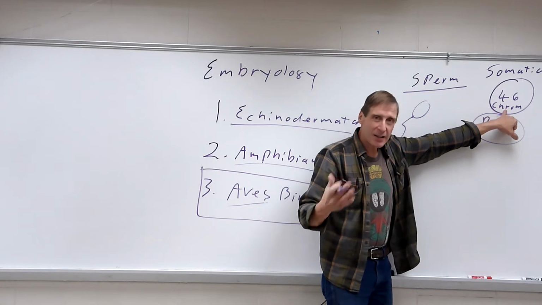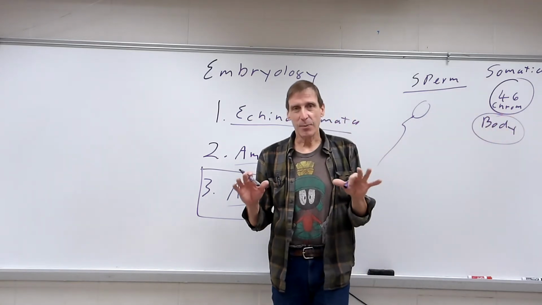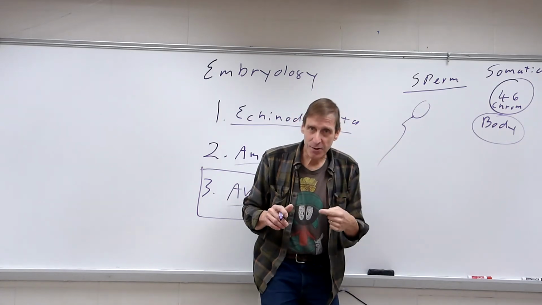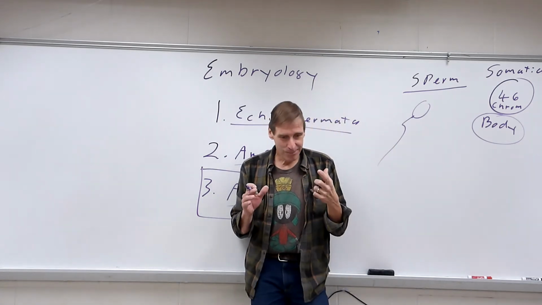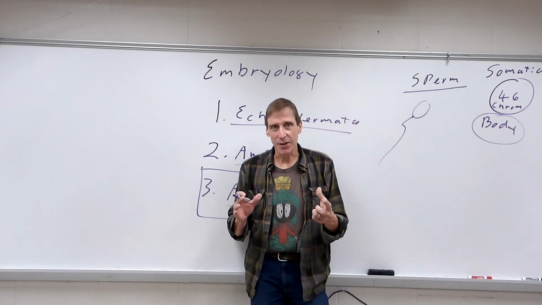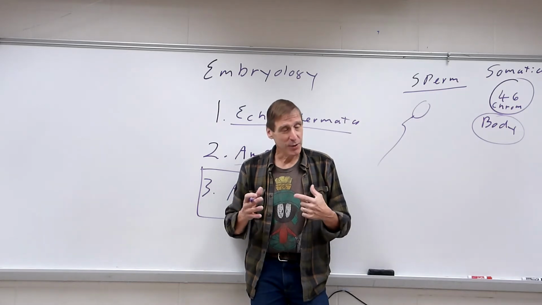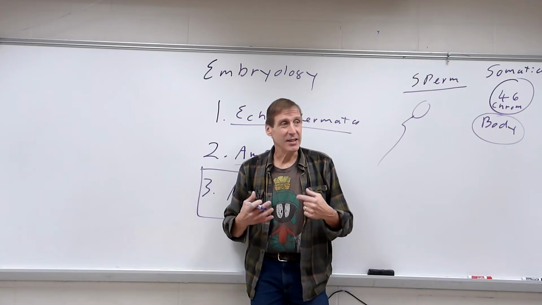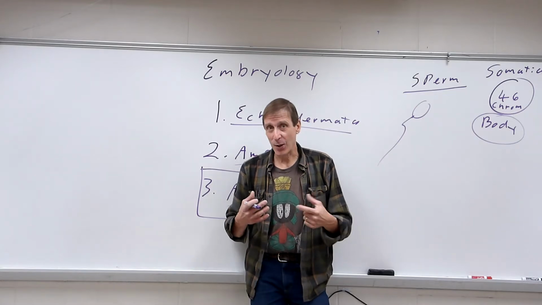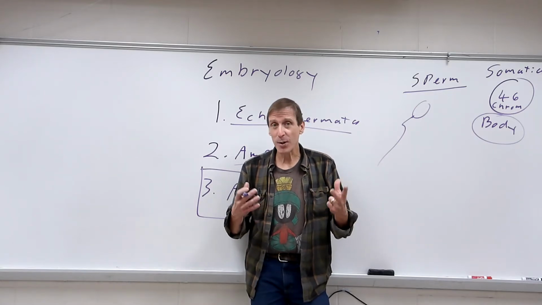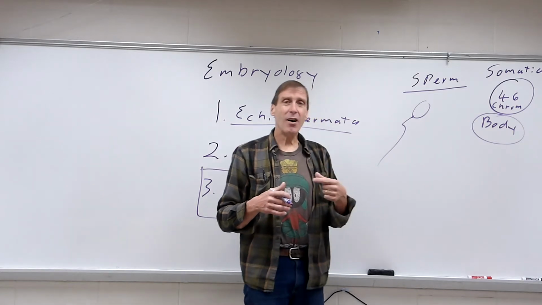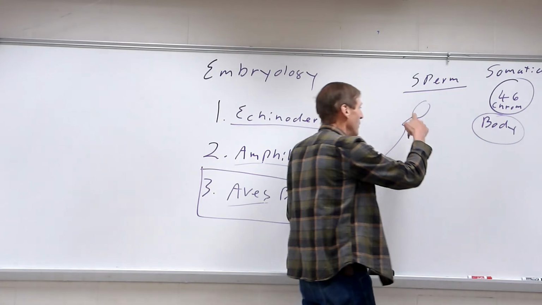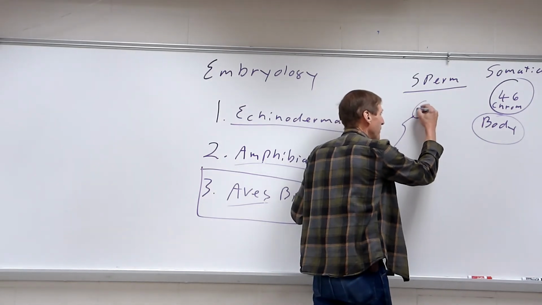We use mitotic divisions to produce every cell in the body except the sperm and eggs. We do not produce sperm and eggs by mitosis. That's meiosis. So meiotic divisions in a human, in placental mammals in general, meiosis only occurs in the cells in the gonads, to produce the sperm or the eggs. And if you recall, and I know you've gone over it, but meiosis is a reduction division. When cells are produced by meiosis,